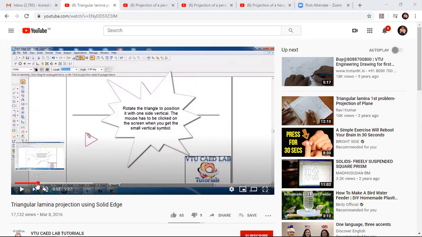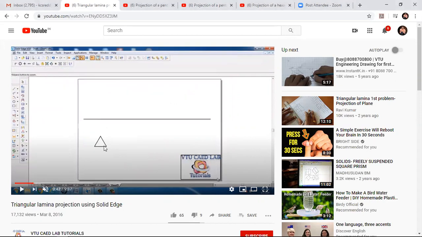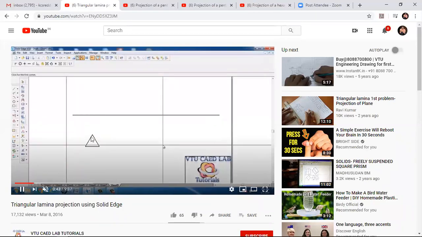So earlier what we have drawn, by drawing the horizontal line of 25 mm and then 120 degrees with 25 mm length, then closing the triangle. But as the condition is given that it is resting on one of its sides, one of the sides must be vertical on the left side, meaning perpendicular to the vertical plane. We need to keep that resting side, so in order to keep that, you need to rotate this triangular lamina.